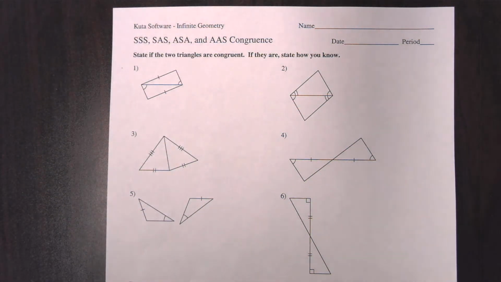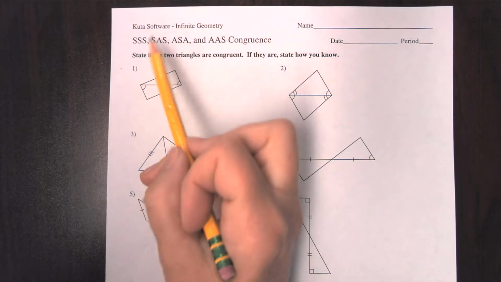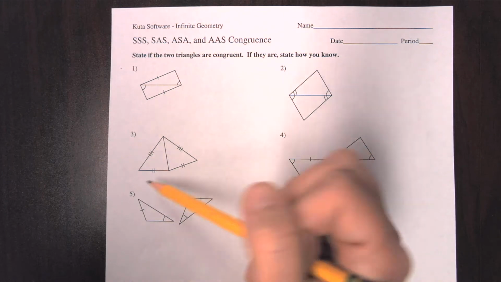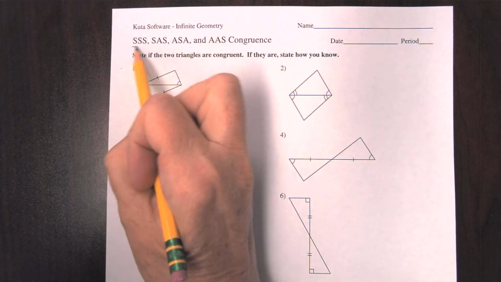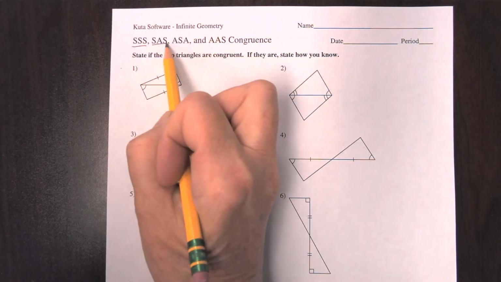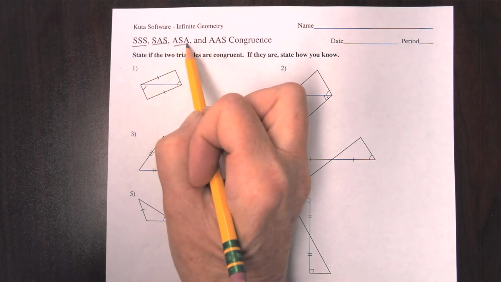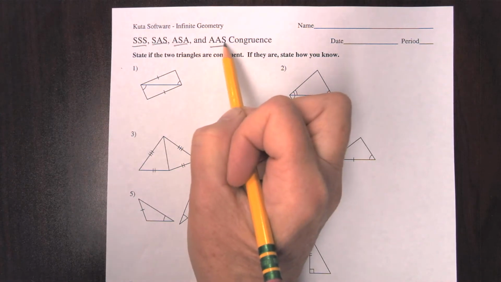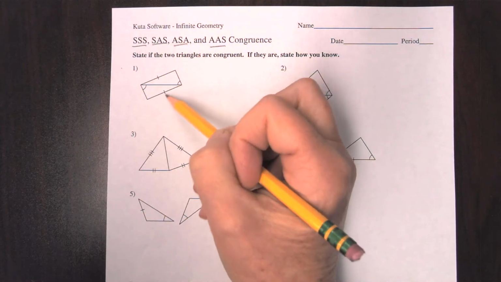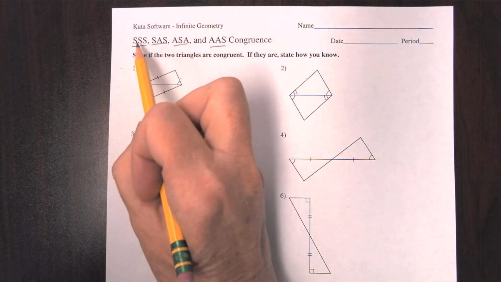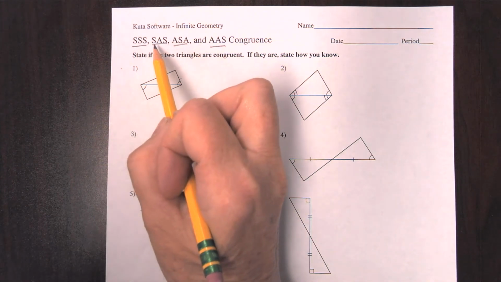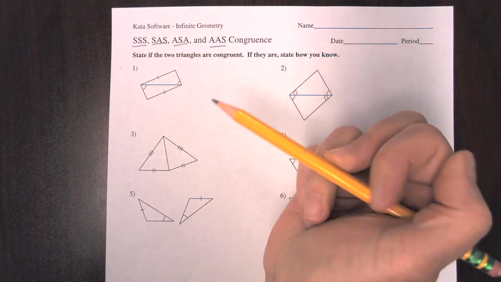Okay, let's go ahead and take a look at our congruence assignment. I notice up here, we are going to try to prove that two triangles are congruent by using side, side, side, side, angle, side, angle, or angle, angle, side. So remember, when we are looking to see if two triangles are congruent, we must follow this order. If they are not touching and not in this order, then we cannot use the theorem to prove that the